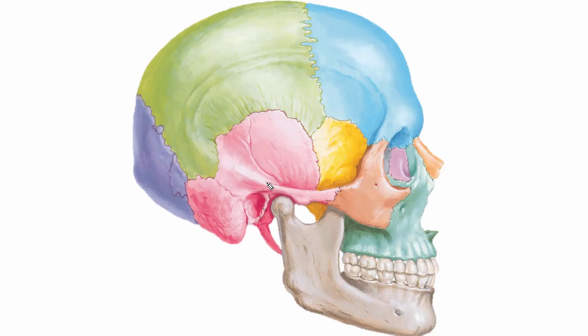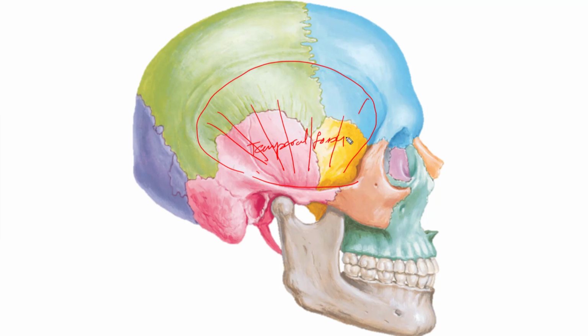So this is the normal lateral view. This is the zygomatic arch, and this area is the temporal fossa. The temporal fossa gives origin to the temporalis muscle we already discussed. The temporalis muscle arises from the inferior temporal line and from the floor of the temporal fossa as a broad fan-shaped muscle, and the muscle fibers converge and pass deep to the zygomatic arch, and get inserted into the coronoid process of the mandible and the ramus of the mandible and the anterior border.